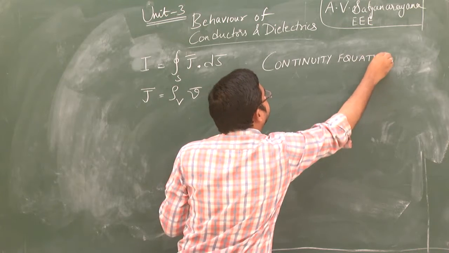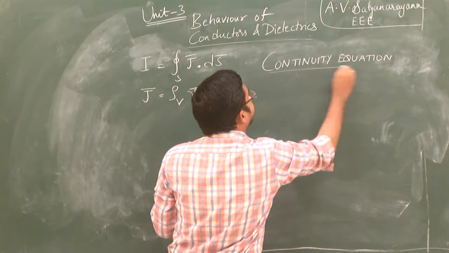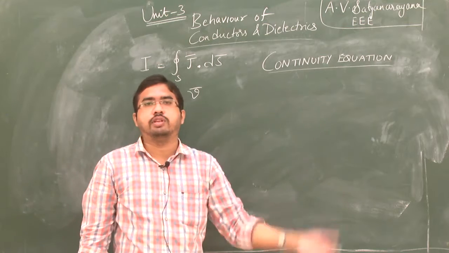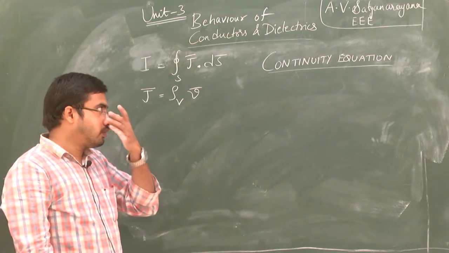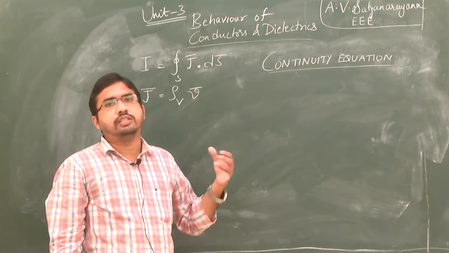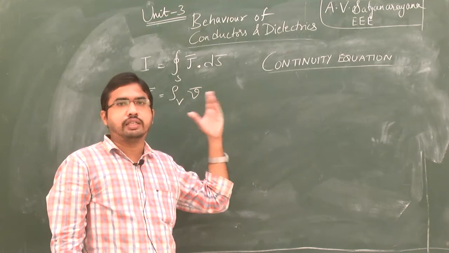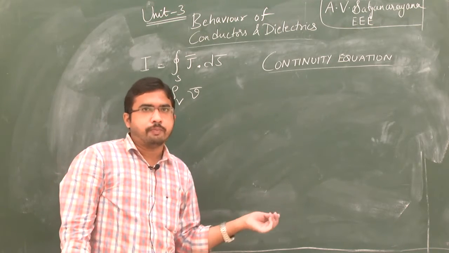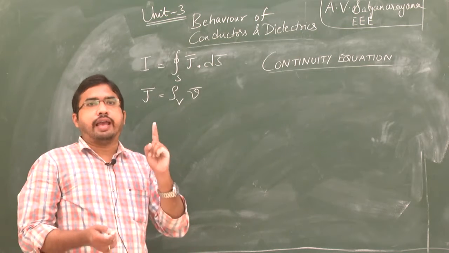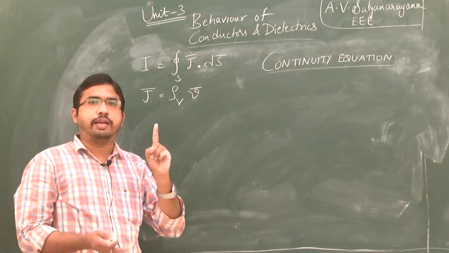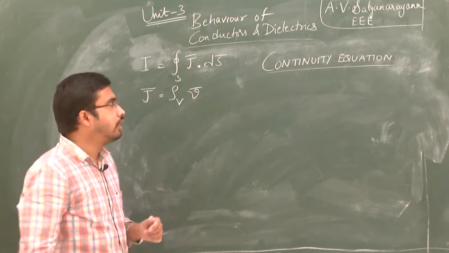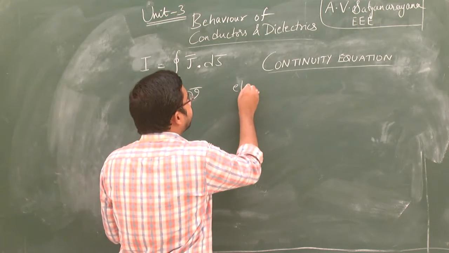Continuity equation, which is very important. This topic is repeated many times in your previous year papers. So this continuity equation also gives the relation between charge Q, current and the current density J bar. So already we have defined what is meant by electric current, what is meant by conventional current, displacement current, drift current and all those. So basically if you go for electric